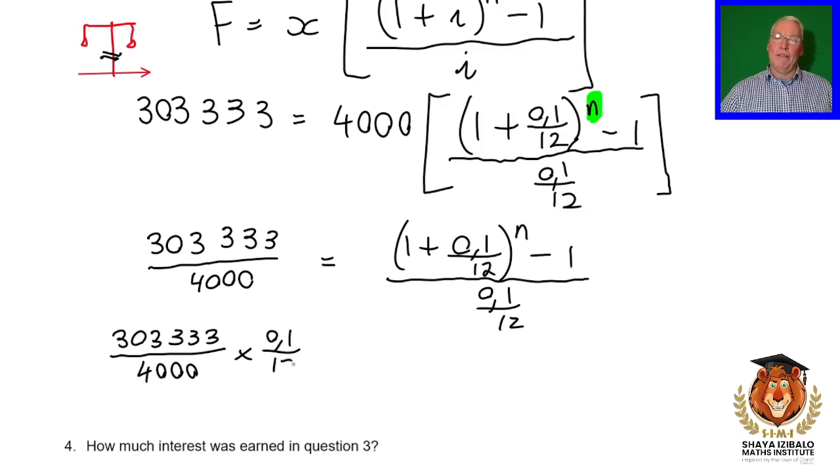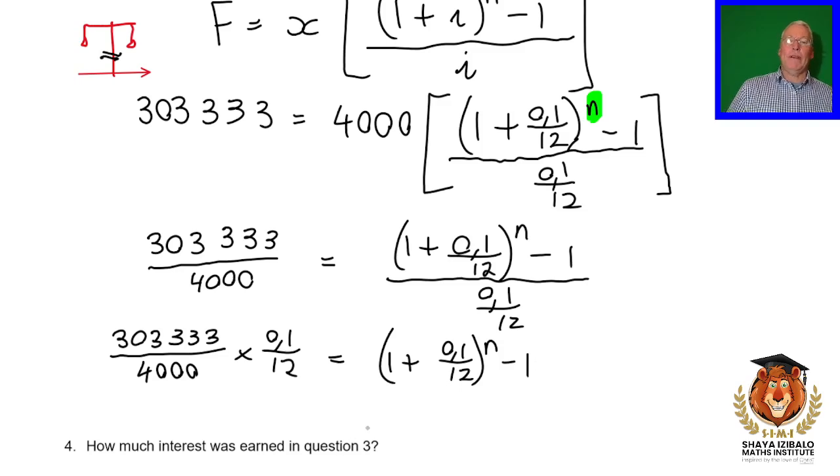Now don't be scared of this. This is just a number. Our calculator can work that out, and we'll work it out just now. And that's going to be 1 plus 0.1 over 12 to the power of n minus 1. Okay, now I'm going to add 1 to both sides. So I'm going to get